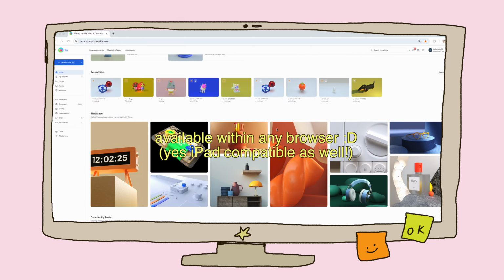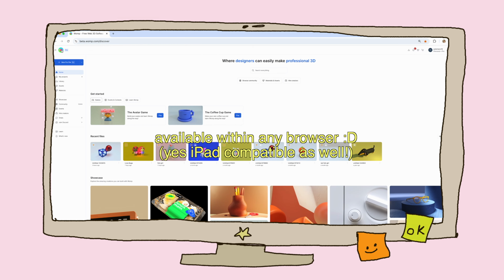Now for today, I am going to be showing you guys my process with Womp 3D. Womp 3D is a super beginner friendly 3D art app that helps you make really cool 3D stuff, and this